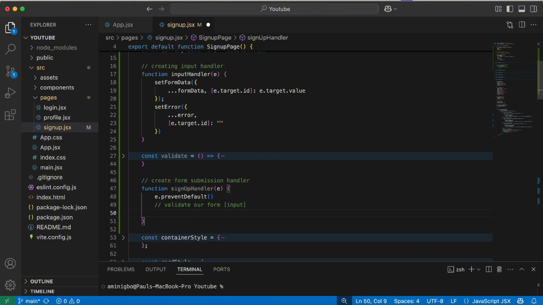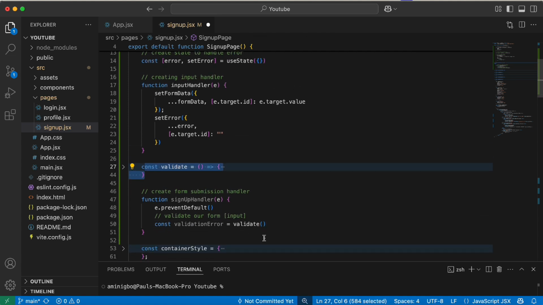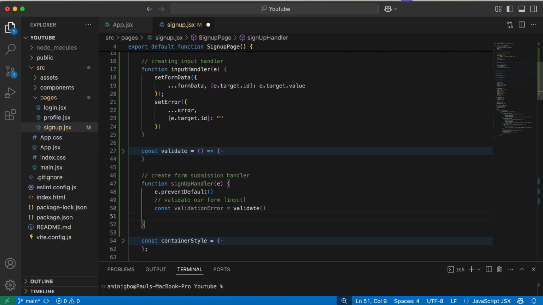We're going to say const, we're going to create a variable called validation errors, which is going to be our validate function, right? We're just initializing our validate function. So the next thing we're going to do is to check for the validation error. We're saying if